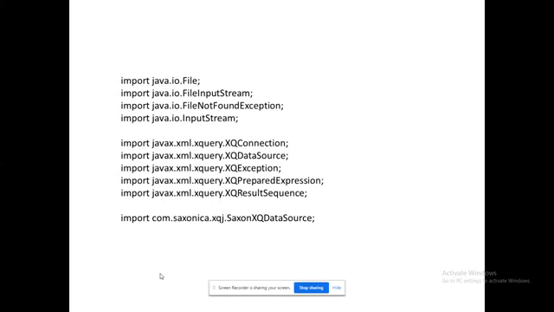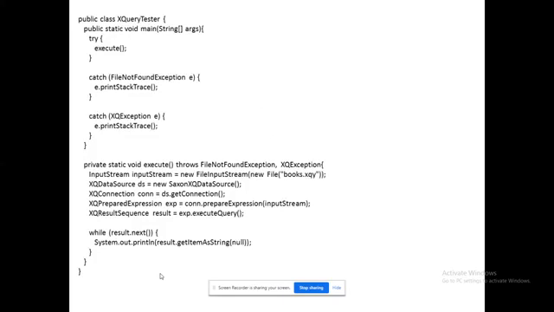So this is the program. In the first program, I call a method execute within the main method. The rest is exception handling only, so no need to worry about that. What is available in the execute method? Come down and see that. Private static void execute throws both exceptions, because the first exception checks whether the file is available or not, and the second relates to the XQuery if it is not available. My input for the data source will be managed through books.xqy, so it is ready to work on the xqy file.